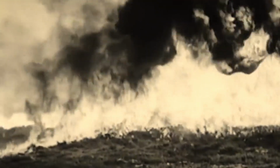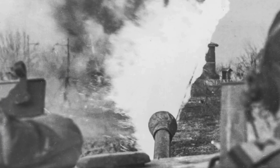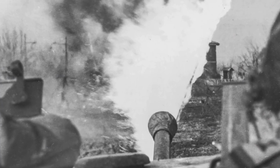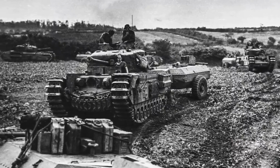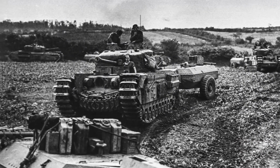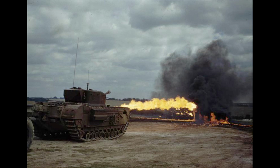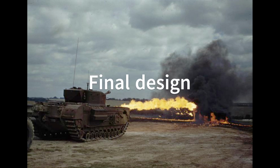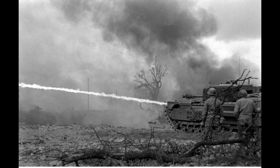At around that time, it was decided to modify the design of the equipment so it could be used on the new Mark VII Churchill as well as the Mark IV that it had been originally designed for. The requirement for it to fit the Mark IV was subsequently dropped. The first prototype Mark VIIs were delivered to troops in January 1944 and production vehicles in April. The order had been increased to 750, then extended by a further 200 for use in India and Southeast Asia. Final design. The flamethrower equipment was produced as a kit that REME workshops could fit in the field, converting